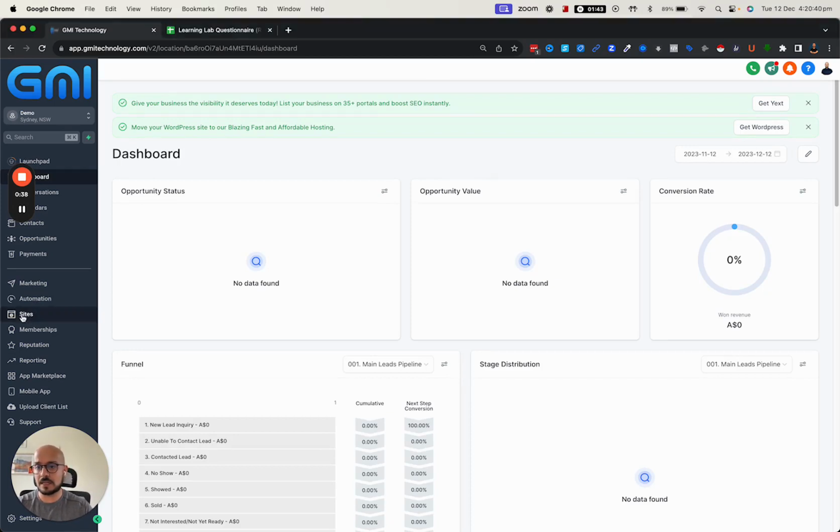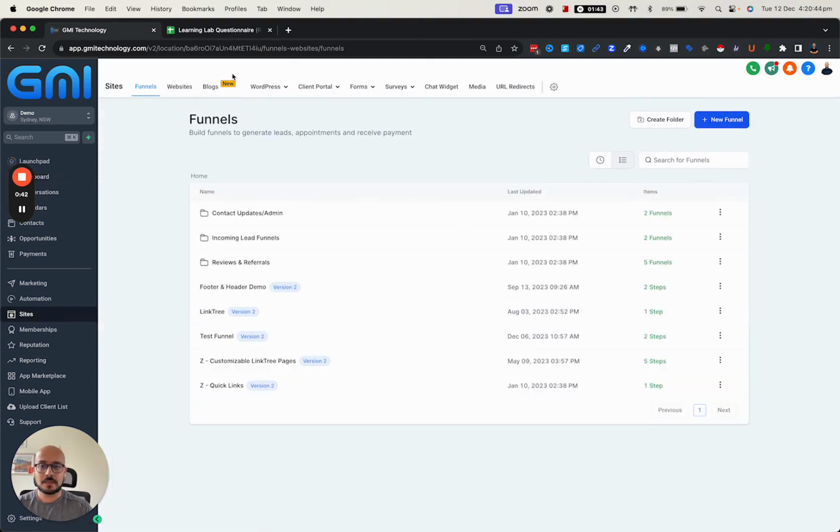So let's go ahead and open up Sites on the left-hand side. And you can see at the top bar, we have two sections, funnels and websites. The main difference between the funnel and website is obviously a website has different pages that you can have, like homepage, services, contact us, and those kinds of things. Funnels is basically a sales funnel. You want to move your customers or your leads from A to B throughout a couple of step-by-step